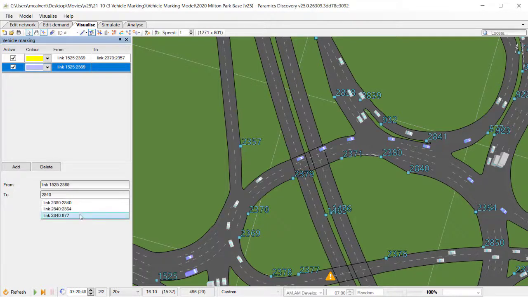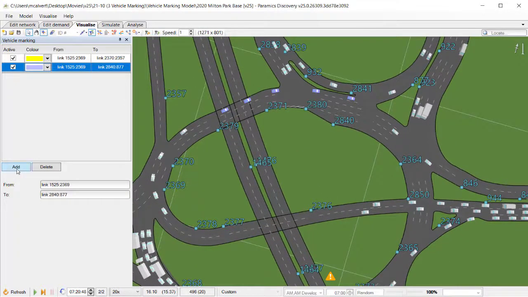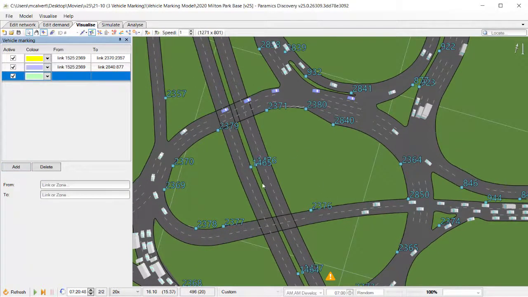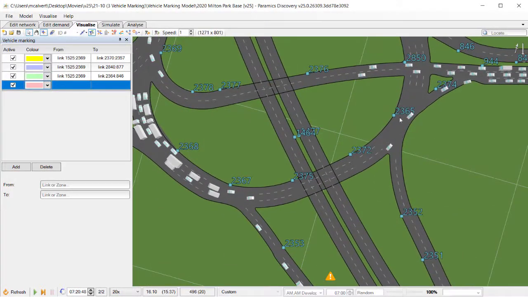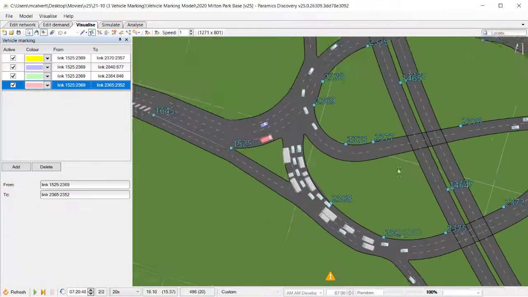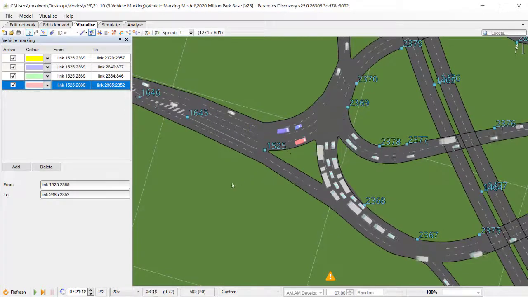So very useful for checking the choice of lanes and the movements and the paths that the vehicles are using as they go through. So what I'm doing here is I'm just adding in this origin link where we've got 4 lanes on approach, so lots of lanes, lots of lane choice for these different vehicles. And I'm going round the roundabout and adding in the exit links for these different vehicles coming from this one entry link. So we've got the one entry link, which is 1525 to 2369, and these 4 exit links